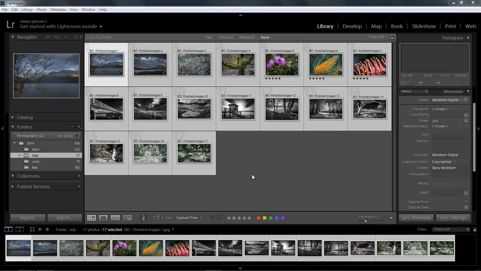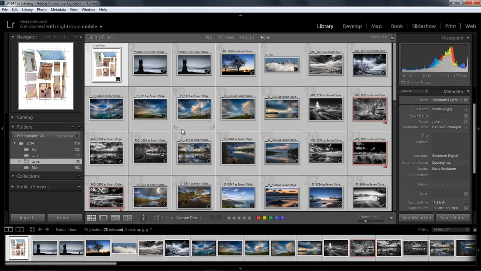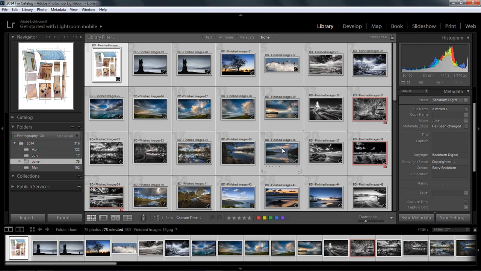So let's say I want to rename the next folder of images. Now I've got 1 to 17 already done. I'm going to move to my June folder. I'm going to hit Ctrl A to select all of those, and this time I'll hit the F2 key. See how convenient things are. And also it's remembering what I did last time. So all I've got to do here is to say, well, I did 17 last time, start with 18 and click OK. And instantly I've got a second batch of images all named to follow on from those in the